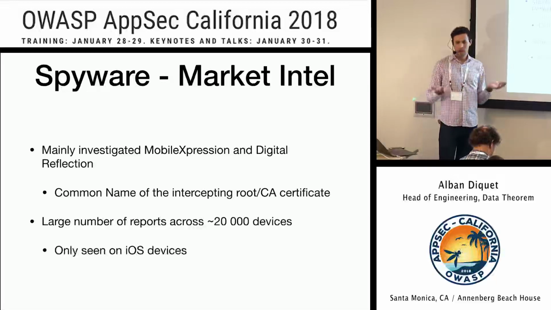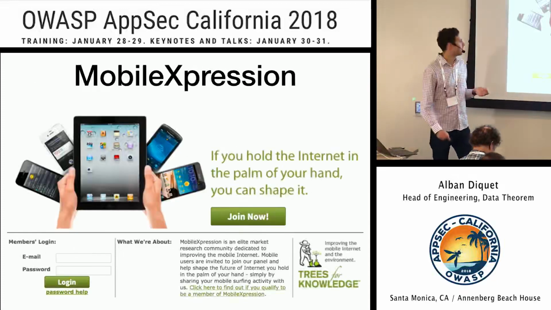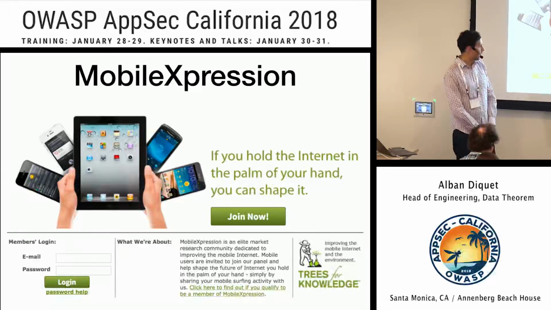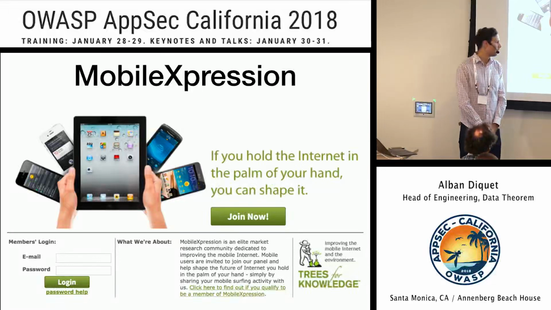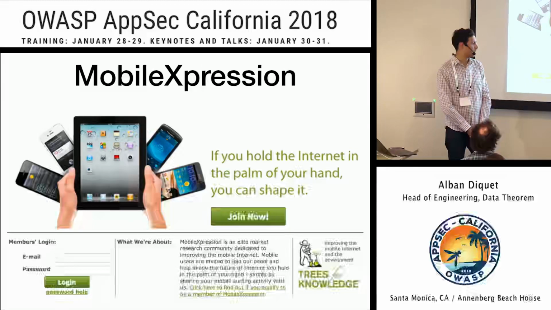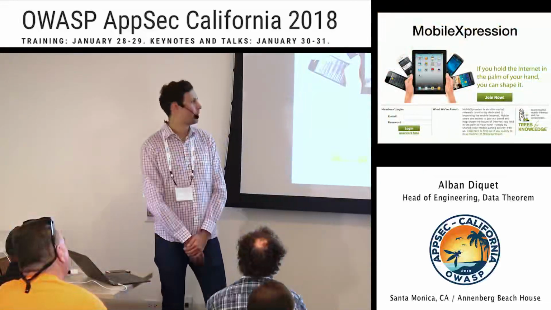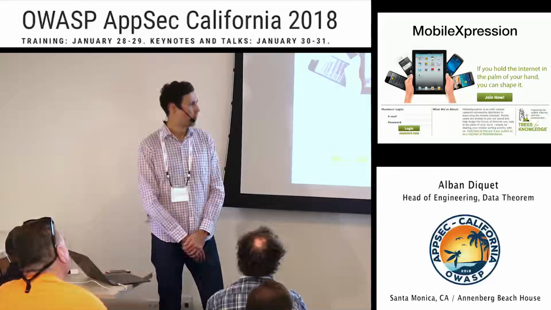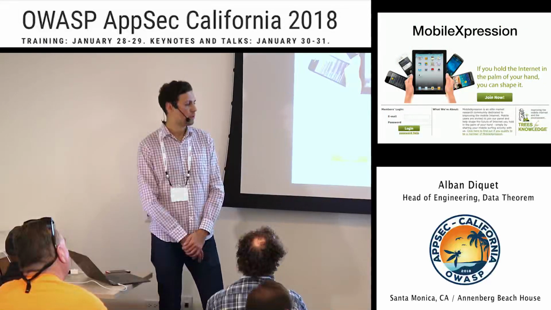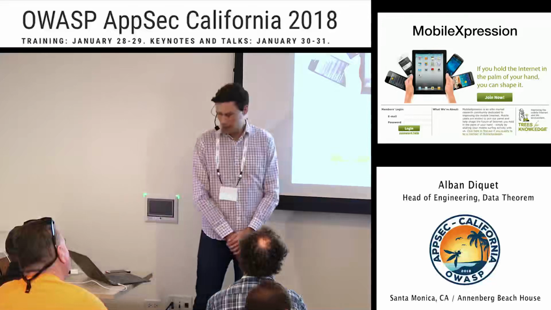So as I said before, when we get a report about something we don't know about, we just Google it. And if you Google for mobile expression, you find that it's an elite market research community dedicated to improving the mobile internet. Mobile users are invited to join our panel and help shape the future of internet simply by sharing your mobile surfing activity with us. So it's pretty clear that there's something going on here. It was still surprising to me because I wasn't sure how that technique would work. Like, how would you share your surfing activity with them or anybody? And